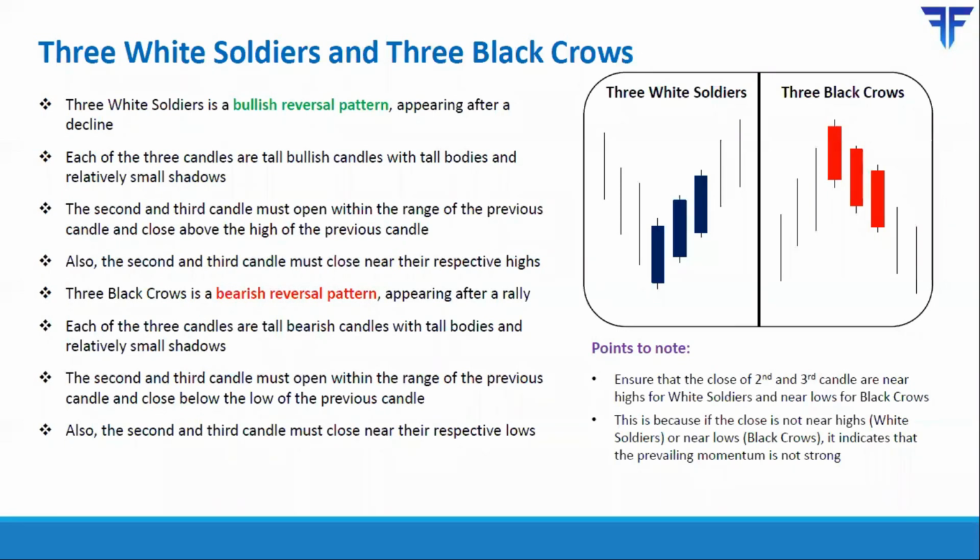So whenever you intend to trade three white soldiers or three black crows, ensure that you look at other parameters as well, such as technical indicators, volume, open interest, if applicable, moving averages and stuff like that. Don't act on three white soldiers and three black crows in isolation. So always get into the habit of combining it with other technical indicators and patterns. So we'll talk more about this in our next week's webinar.